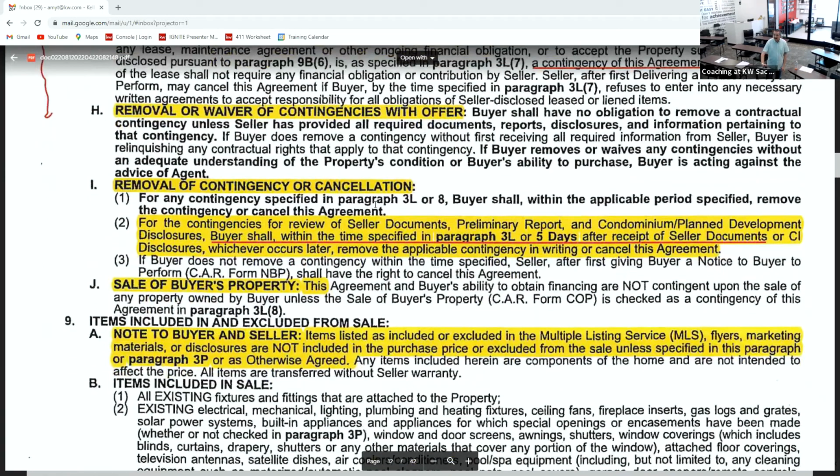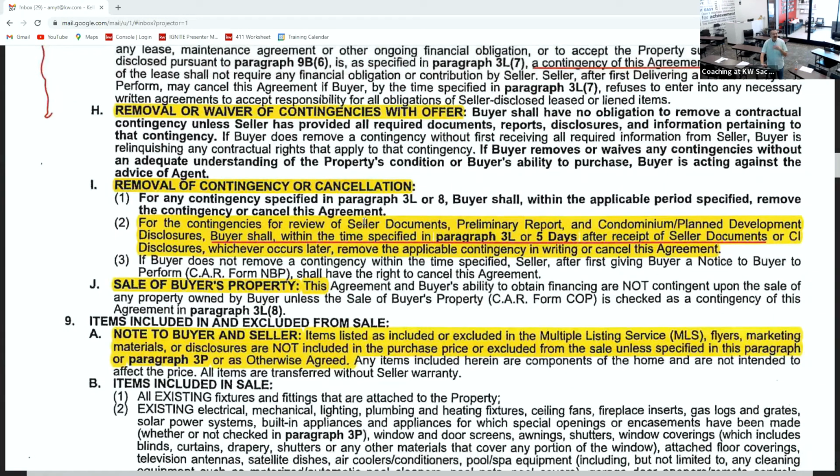For any contingency specified in the contract, the buyer shall, within the applicable period specified, remove the contingency or cancel. Those are the options. Like I said earlier, even if you're waiting on a response for a request for repairs,